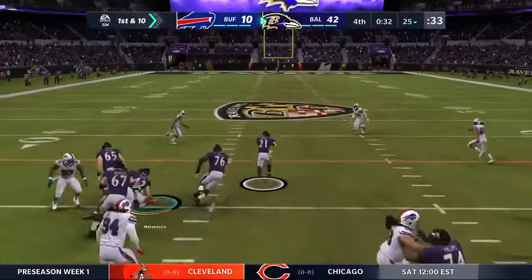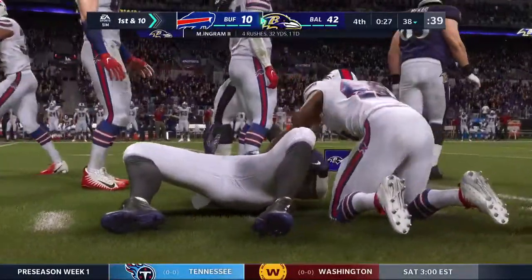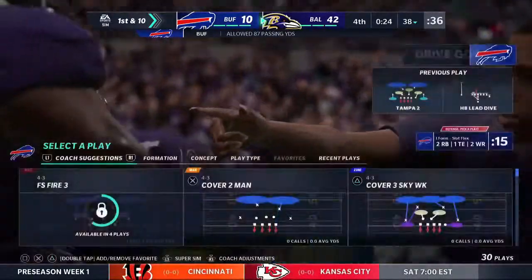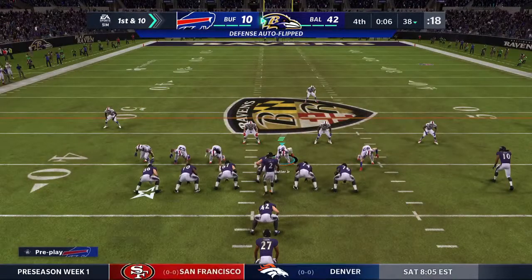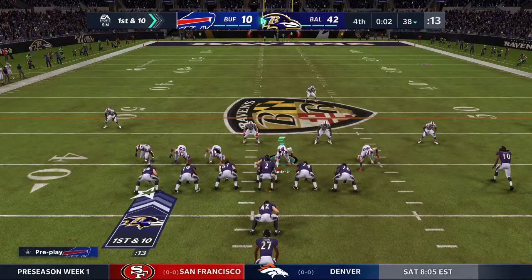They'll run with Ingram here to begin the drive. And he's taken down, but able to slip across the 35. Give him 13 yards on the opening play of the drive and also give him a first down. And you know he wants to make the most of every carry because he competes with his quarterback, Lamar Jackson, for carries and yardage. But Mark Ingram